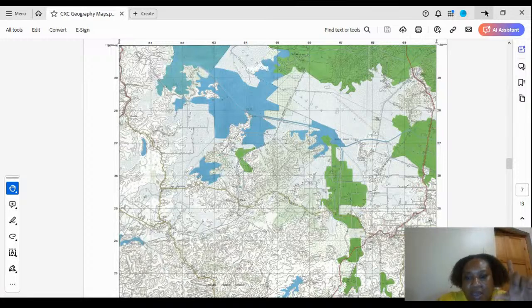Your easting, it always makes an L, so that is your vertical, then your horizontal, right? So easting is the vertical line that increases towards the east, and northings are your horizontal line, and they increase towards the north. In terms of the question, so the first question on the map is,